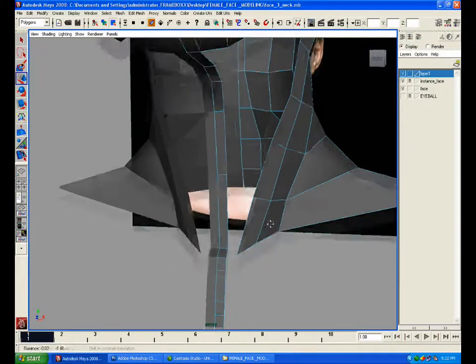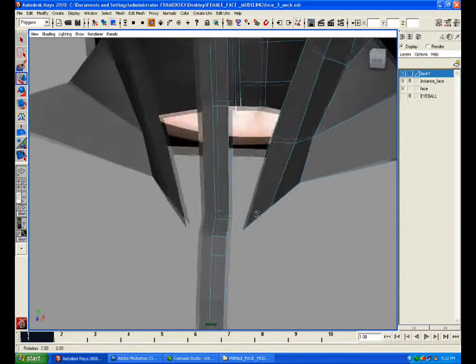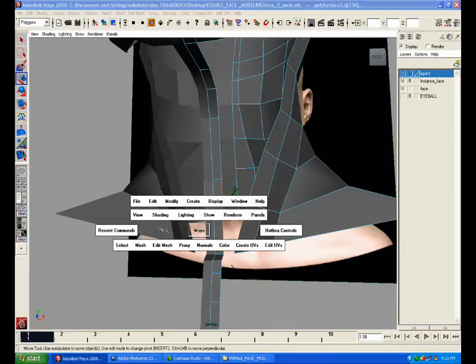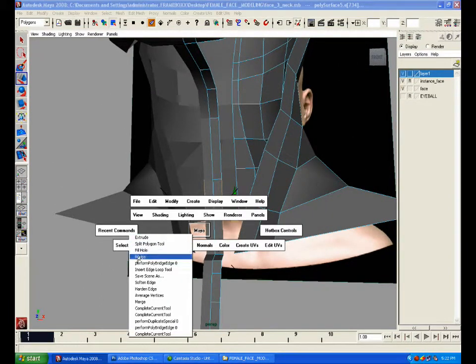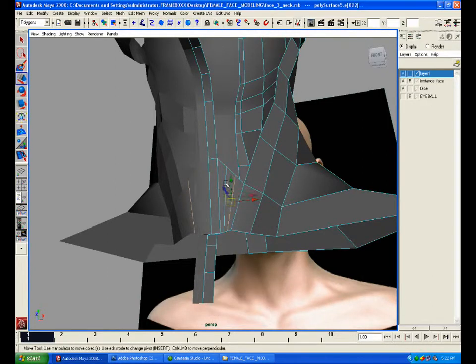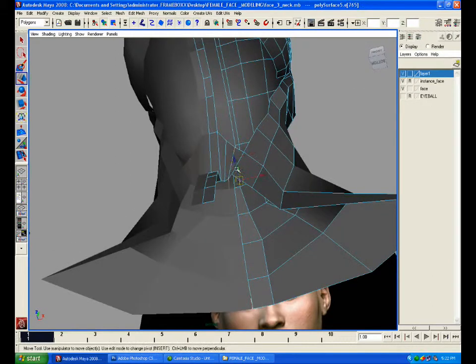One more extrude, and again one more extrude to the lower portion, and again one more extrude for final creation. Now what I am going to do is